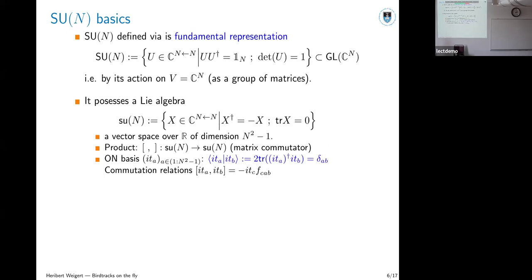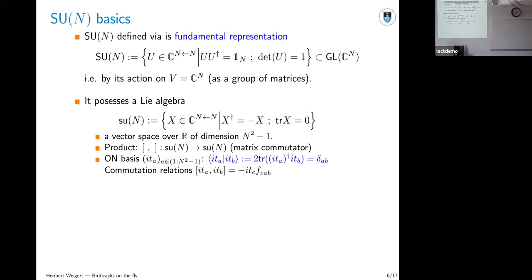If you check this out, you find pretty quickly that it's a real vector space. I think I have explained this. Its dimension is n squared minus 1. I'm not going to get through this, but this is not hard to obtain. And I called it an algebra, so what you're missing is a product. There is a product in this, and that's simply the matrix commutator. The matrix commutator of two of these such things automatically